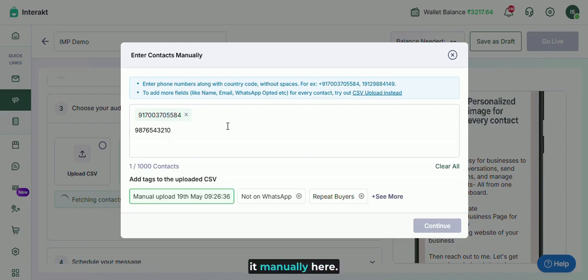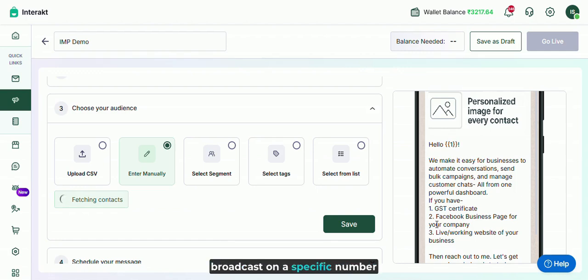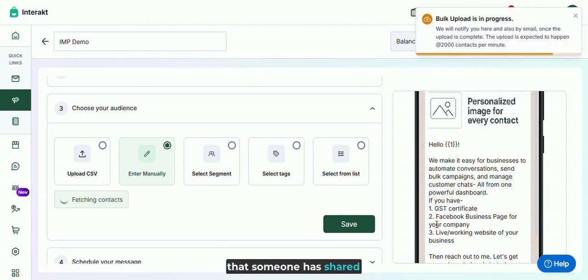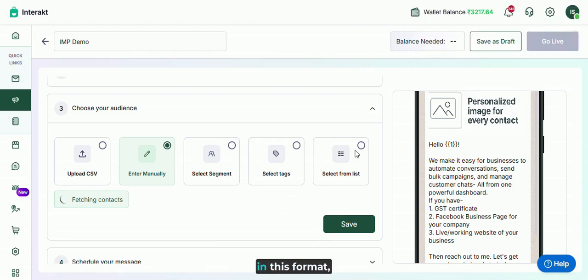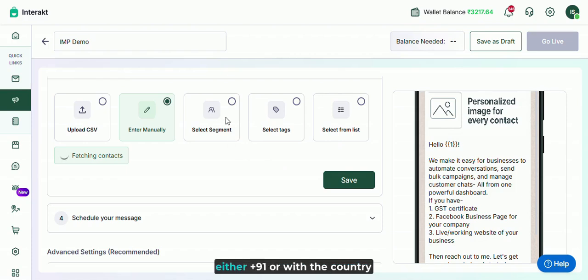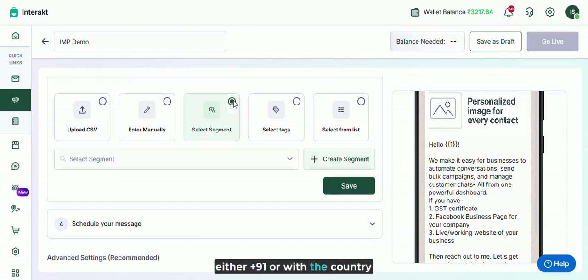Now we can also try it manually here. We can simply type the numbers. We have already given a format here. In this specific format, you'll need to add the phone number. So if you want to do a quick broadcast to a specific number that someone has shown you on WhatsApp, you can simply copy paste those numbers and add them in this format, either +91 or with the country code